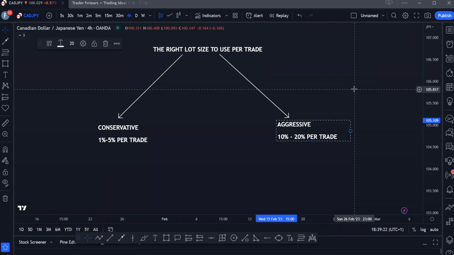Okay, money that even if you lose it, you'll still be very, very okay psychologically. So let's say you are funding your aggressive account with $100. You want to risk a minimum of 10% of your account per trade, 10 to 20% per trade. So on an aggressive account, if you are risking 10% per trade,